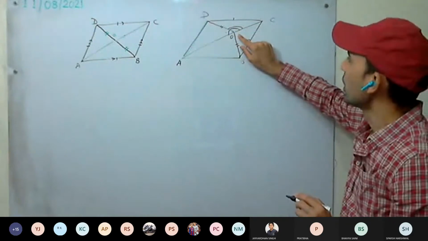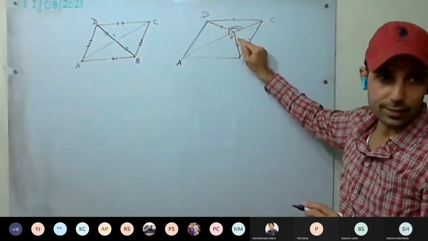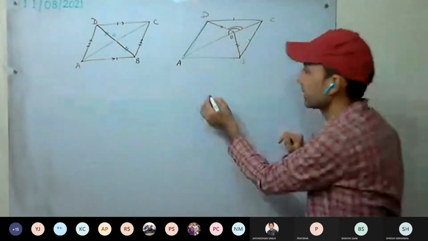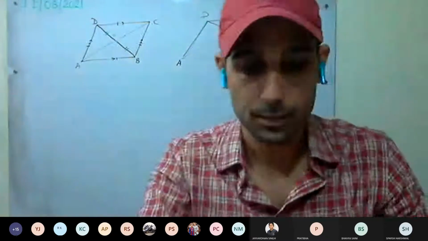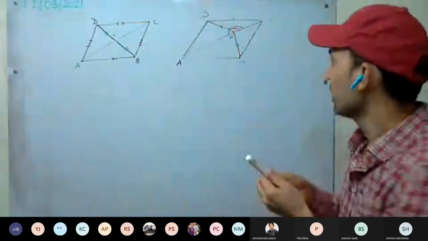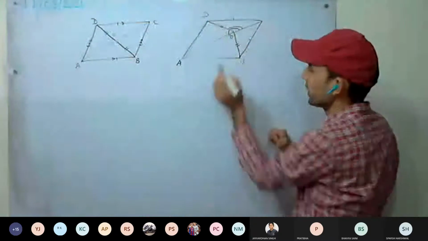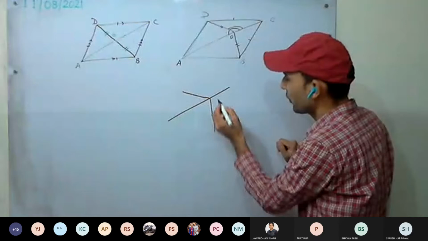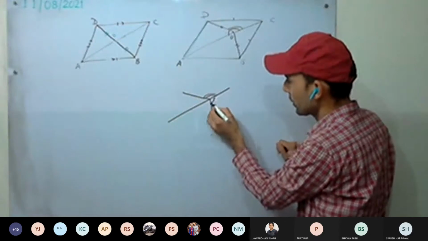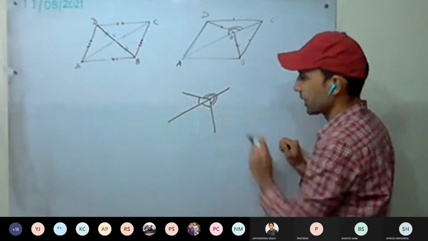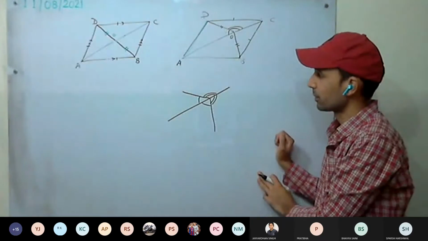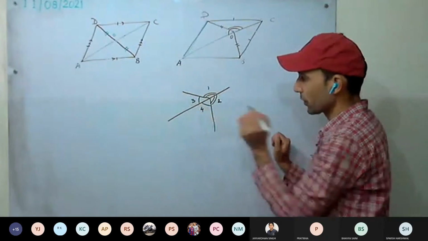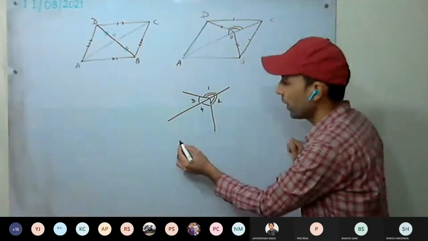Now around a point, it is 360 degrees. Therefore, the sum of these two angles will be 180. It is like this. At last, what we have to prove? That the sum of these two angles is 180 degrees. Okay. So if we are proving this angle equal to this angle and this angle equal to this angle, this is clear. If we are able to prove angle 1 equal to angle 2, angle 3 equal to angle 4, we have proved. Okay. Now add them.